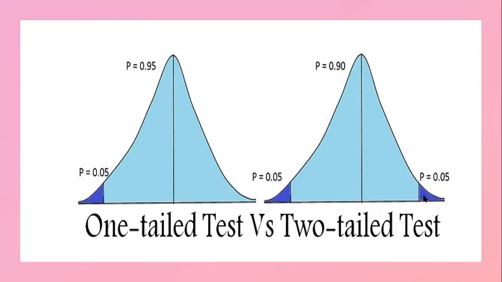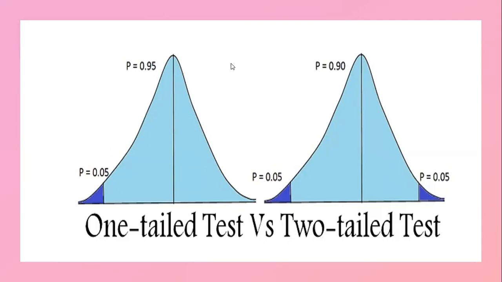If you keep a significance level of 5%, then 0.025 on the right side and 0.025 on the left side. So you keep the rejection area in equal proportion. If you keep a significance level of 1%, then 0.005 on this side and 0.005 on this side. You have to distribute the rejection area in equal proportion. So when we identify whether it is a one-tail test or a two-tailed test,